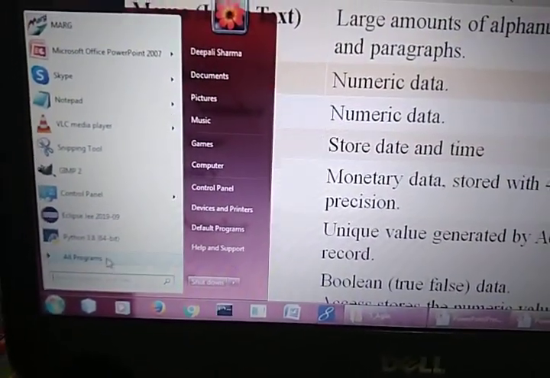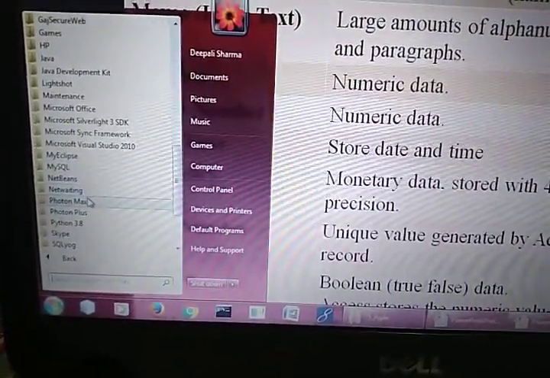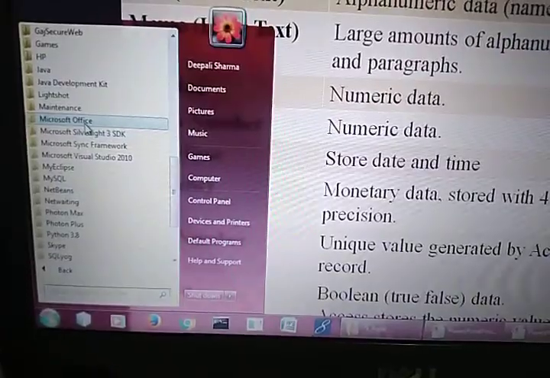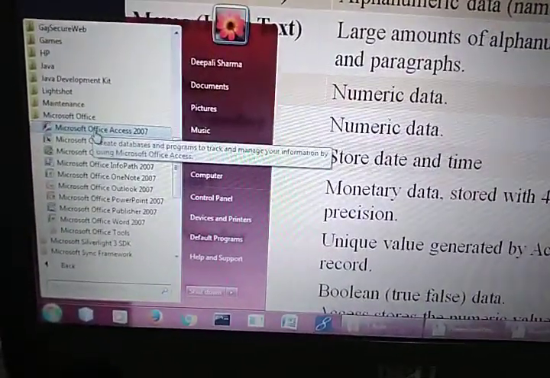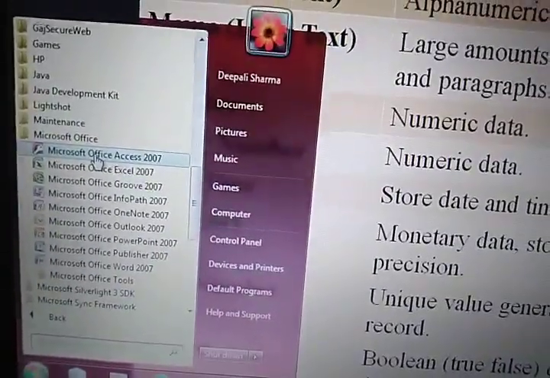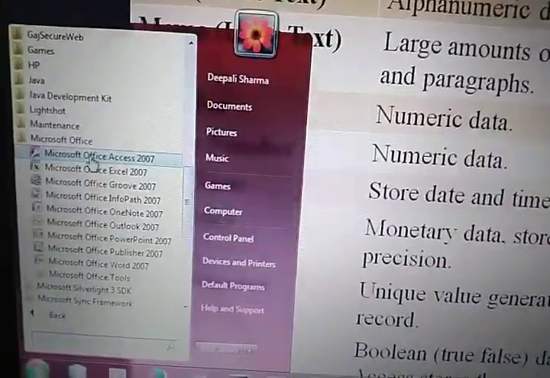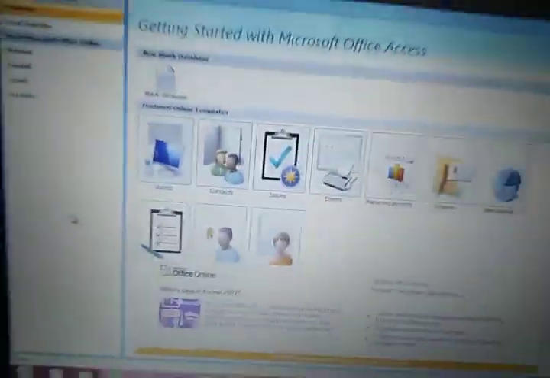In All Programs you will find Microsoft Office. Basically you have to search for Microsoft Office, and at the top you will find Microsoft Office Access. In my system I have version 2007. In your book it is giving 2010 I guess, and the latest version is 2019.